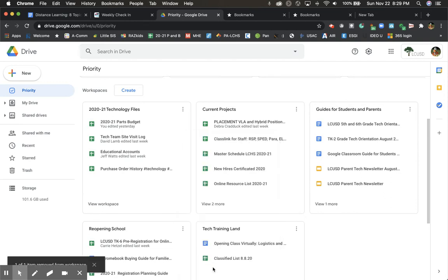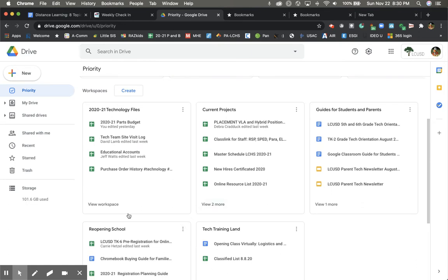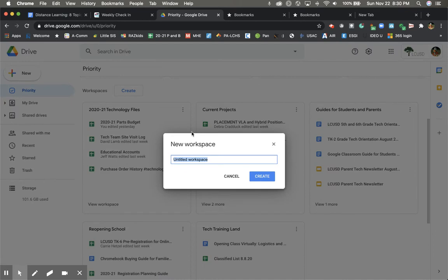So again, this is a process that takes a little bit of pruning and organization. It's not something that you can sit and forget on and then it stays current. What I recommend for this is create one for the month, or one per course. And you can put what you're working on right now with the kids. That way, when you're getting ready to teach, you can go to priority and you can find the files you need right away. So to do this, go to create, and then you can call this